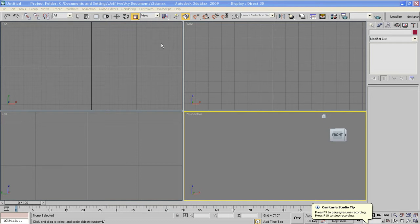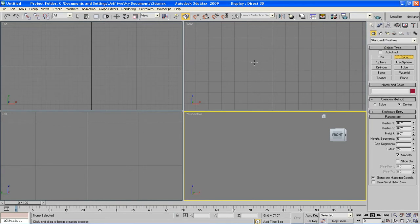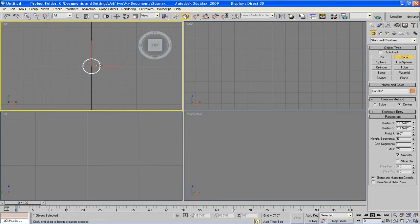In Autodesk 3ds Max 2009, I'm just going to show you how to model the tail using a basic cone. We're going to go to the top view, and our first ring,